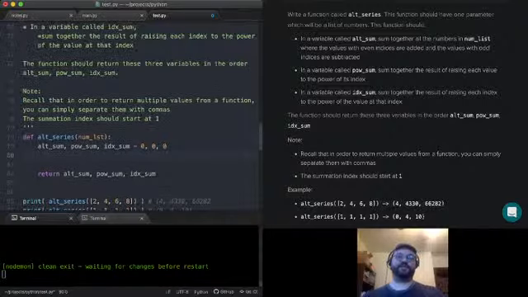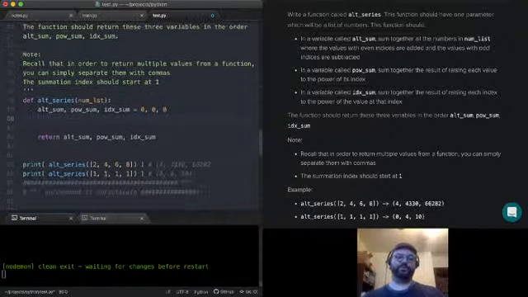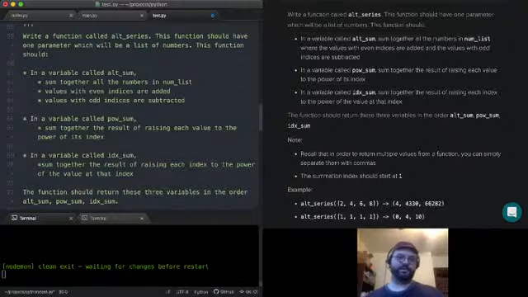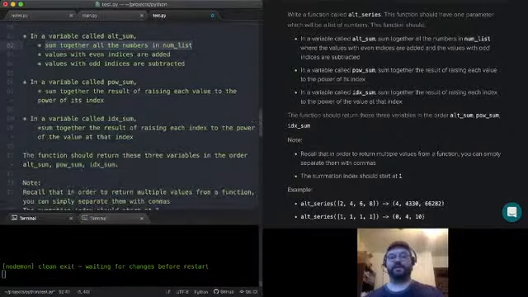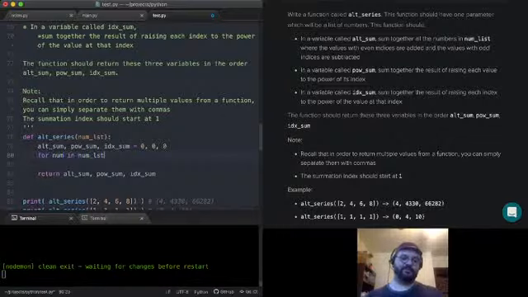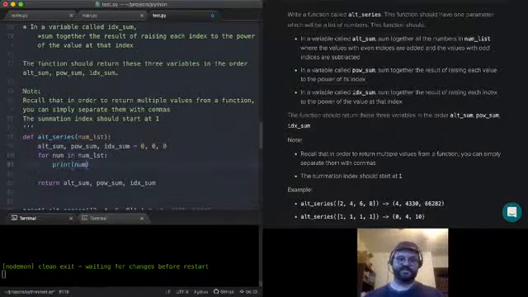Okay, so let's actually do our process. So what is our process? The function should, in a variable called altsum, sum together all the numbers in numList where even index values are added and odd index values are subtracted. Okay, so I heard sum together numbers in numList. So I need to do something with every number in the numList. That sounds like a for loop to me. So for num in numList, if I print num, we'll see,